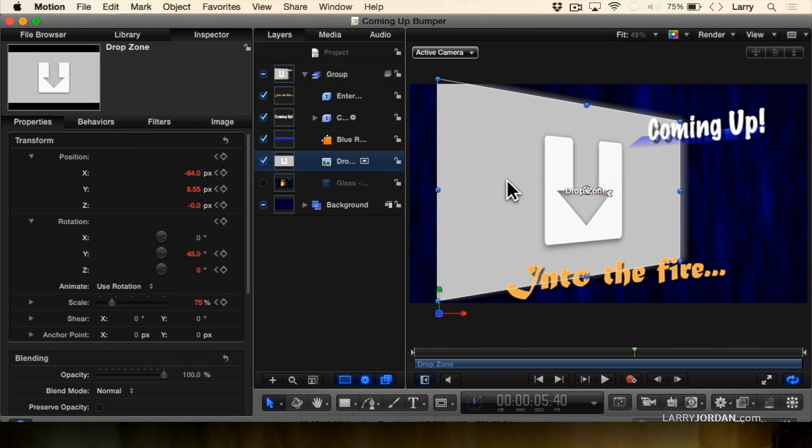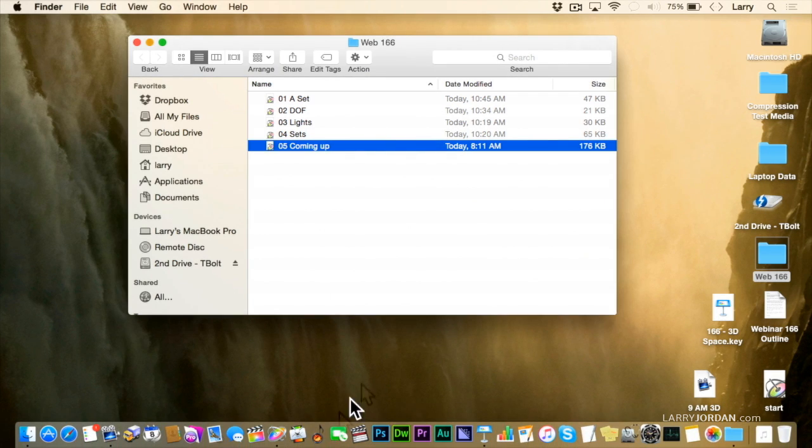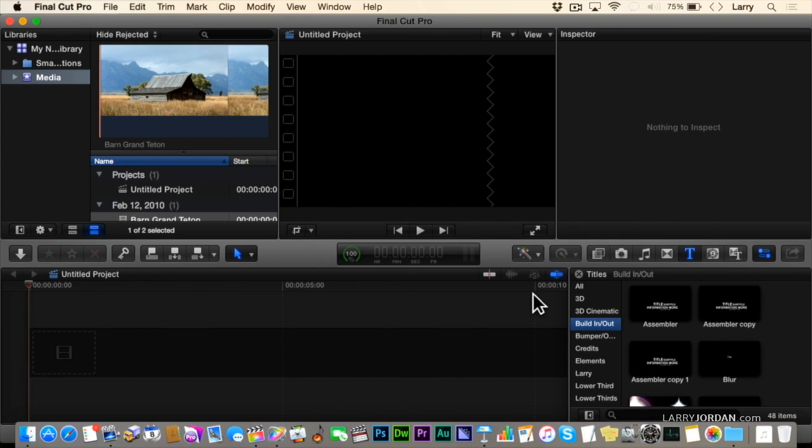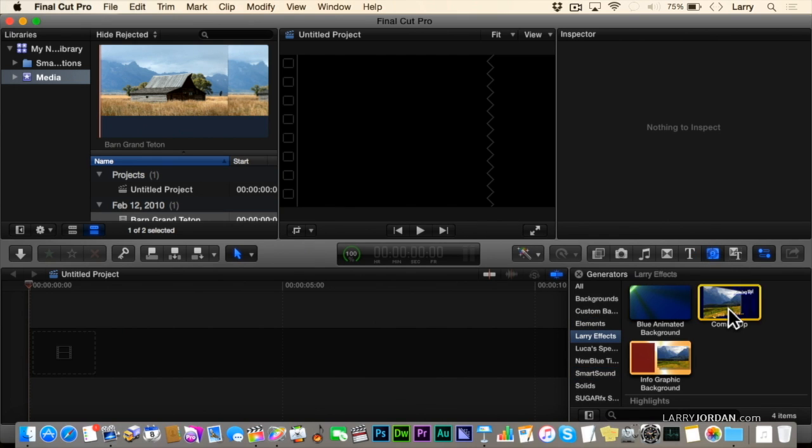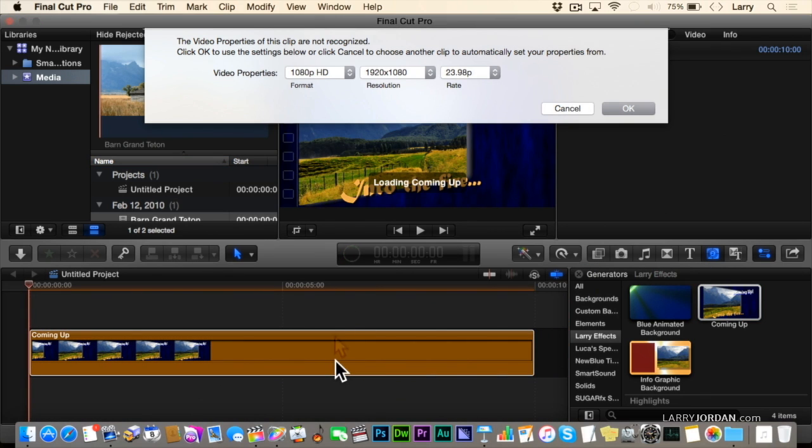I haven't even moved the camera yet. I could add a camera sweep to this if I want, but I just want to show you how we could animate a drop zone. Hide this, show Final Cut, go to Generators. There's our graphic. We'll drop it in here, make it a 720p session,